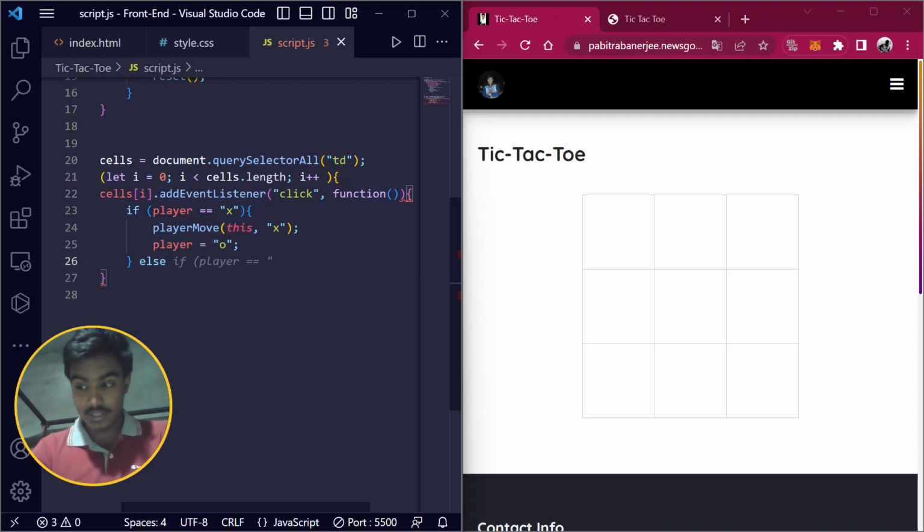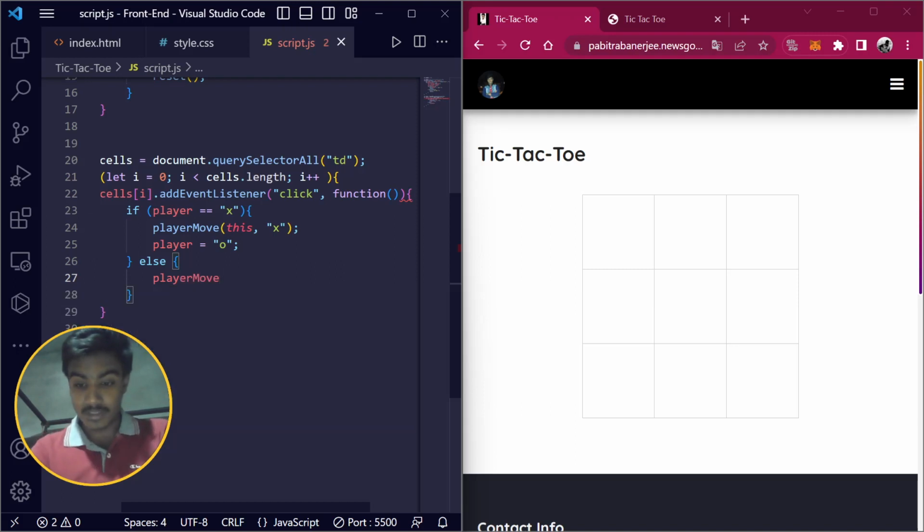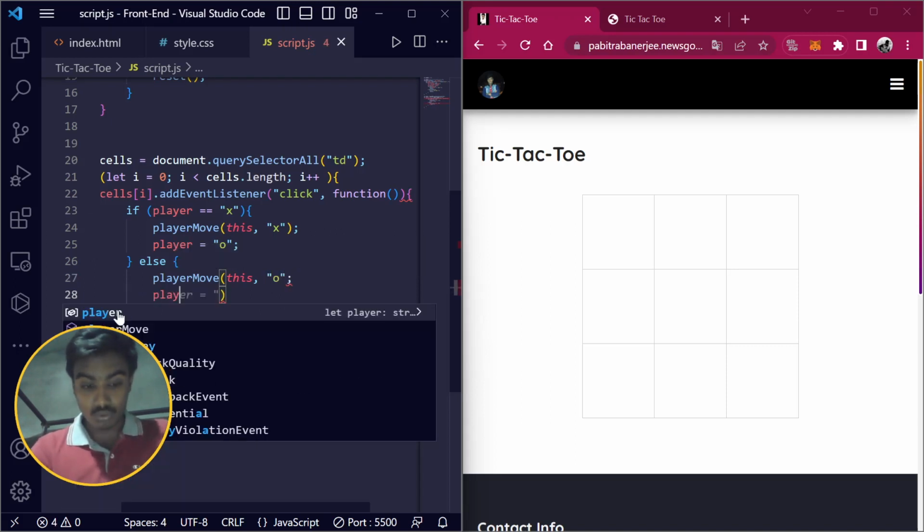Else you have to choose the player move which will take our O here, and if it is O then you have to choose the player as